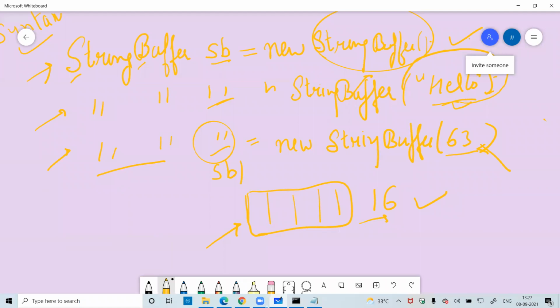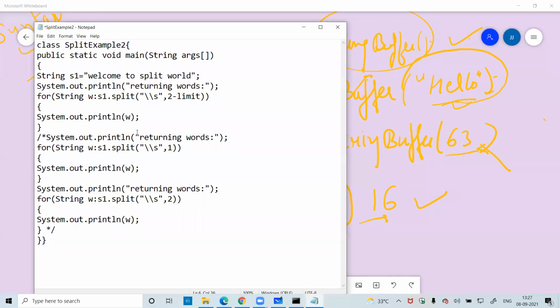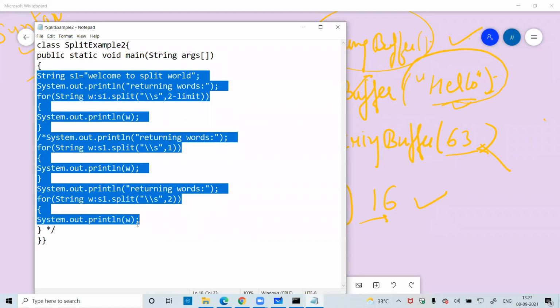Now let's move to the editor and execute the program regarding the various constructors which can be used within our program. Let me erase this program.